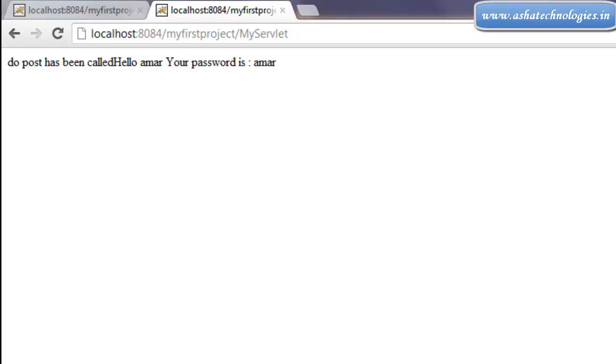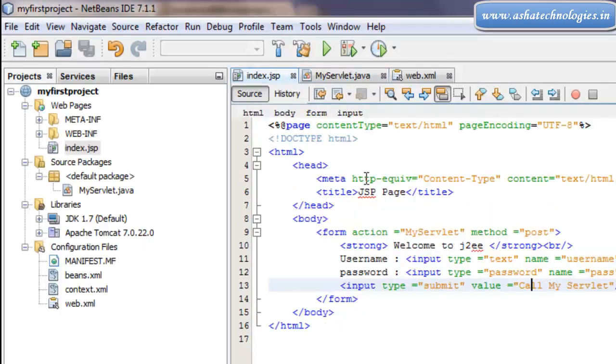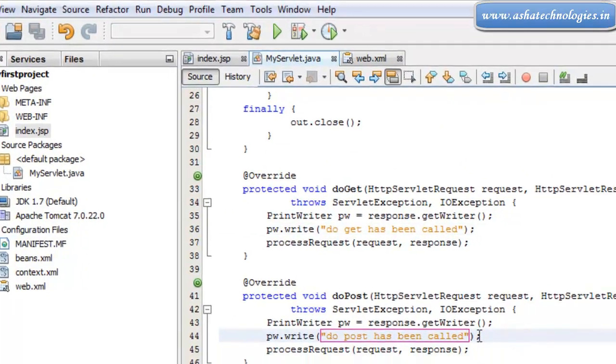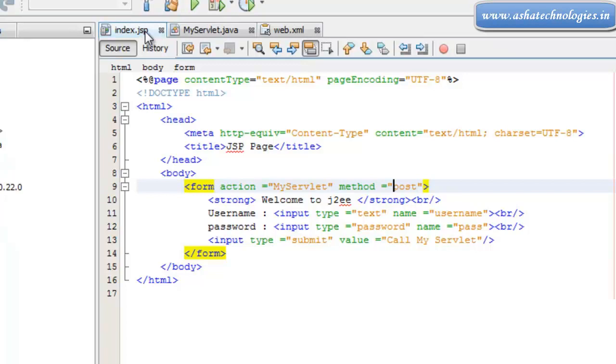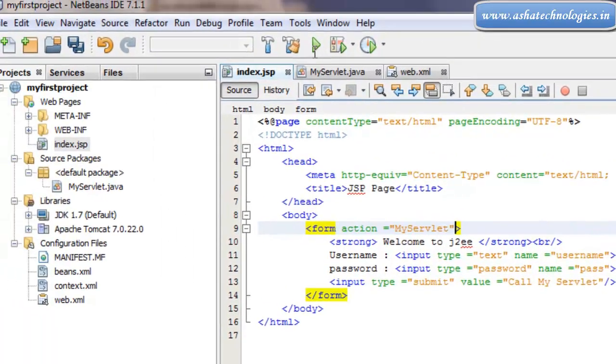Here what happens is that I'm specifying in the index.jsp file that the method should be post, which means the servlet should invoke the doPost method, and that doPost method will be executed with this statement. Now if I remove this method equals post, save this and run this application,